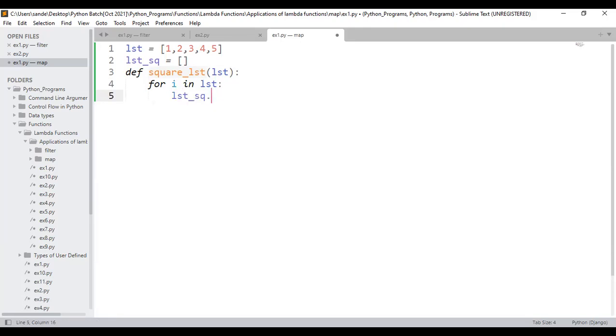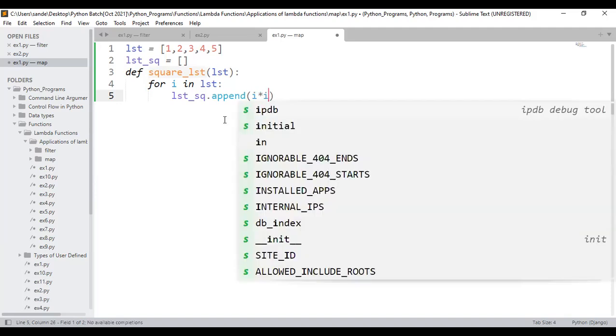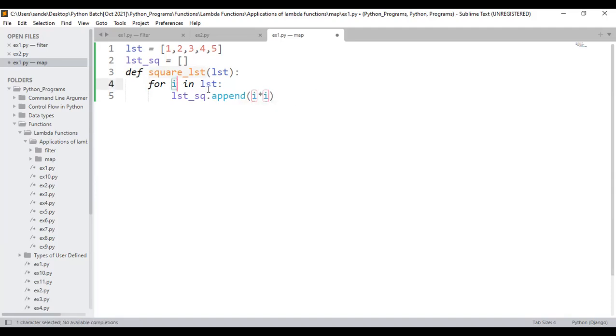Whatever data you have taken, 1 multiplied by 1, the next element 2 multiplied by 2, 3 multiplied by 3, that means 3 square, 4 square, 5 square. Then I'll call the function, whose name is square LST, passing LST as the input. At last, if I print LST underscore square, I'll get the output.